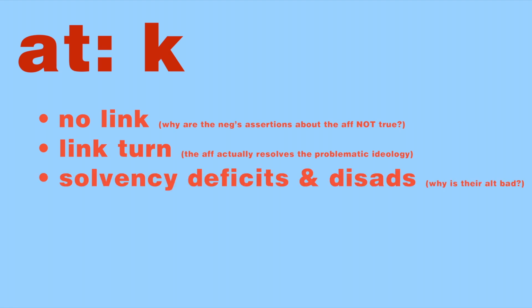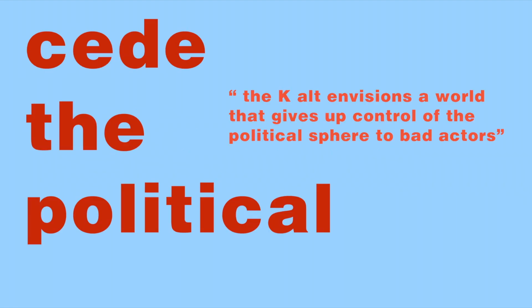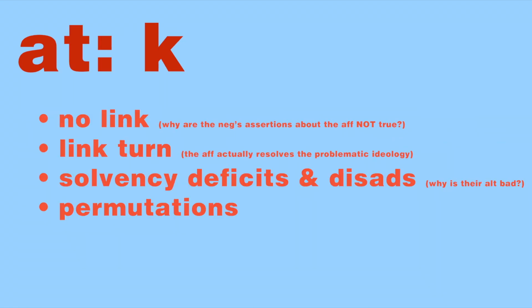One common example would be the seed the political argument, which states that the critique alternative would remove the possibility to challenge problematic forces in political spaces like Congress, which results in even more harmful impacts happening to the group of people that the K wants to protect. If you remember the counterplan video, permutations apply to critiques very similarly. This time, make sure to contextualize the K itself by explaining why the perm would resolve the harmful assumptions identified by their authors. Finally, make sure to leverage the AF whenever possible.